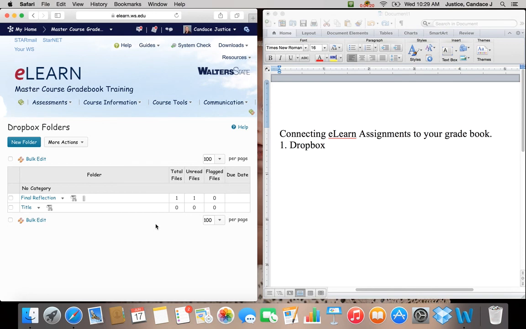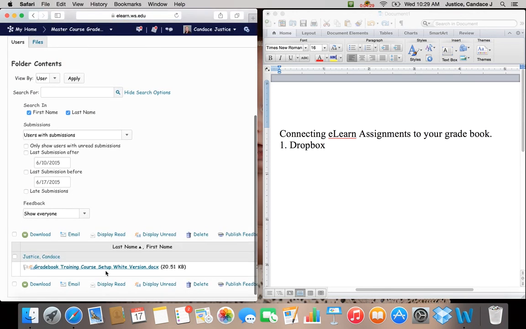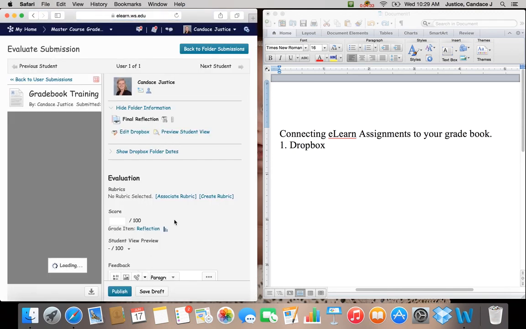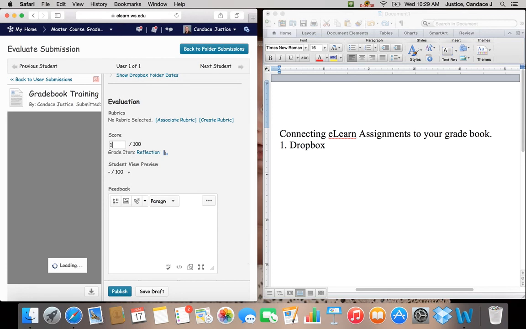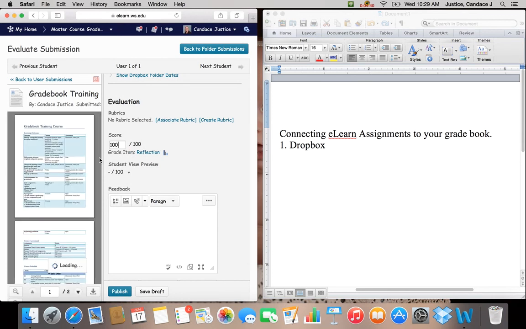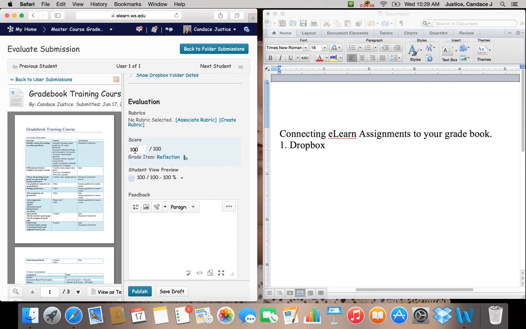The best part about connecting an assignment to the gradebook is that in order to grade this, I would just click on the reflection. I would click on the student, and notice inside of the Dropbox, I can give the student a grade based on what I'm seeing. So instead of having to grade it and then taking the extra step to go to your gradebook, you can actually put the grade where you grade the item,